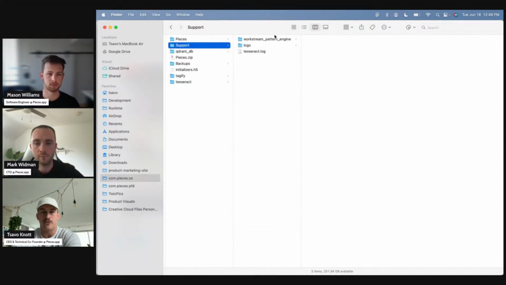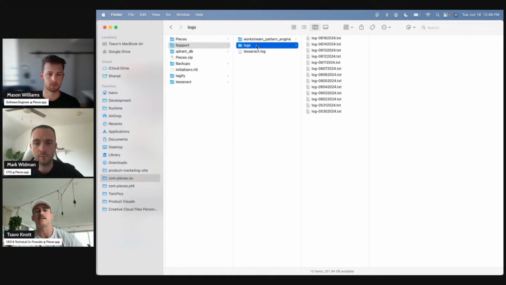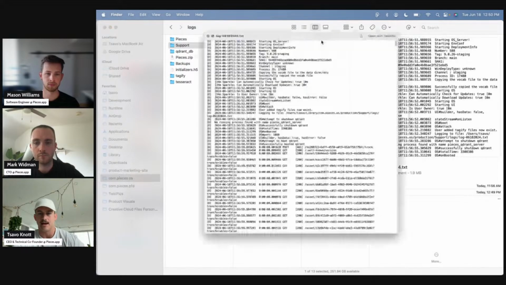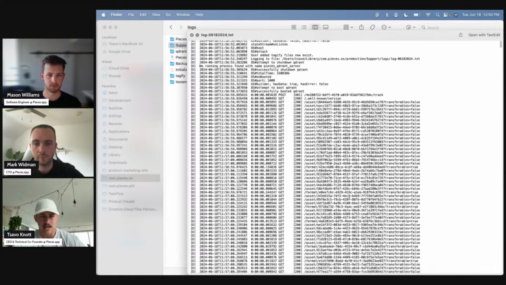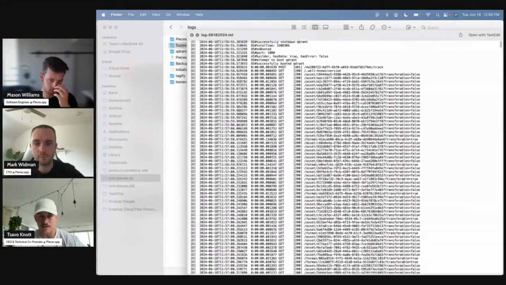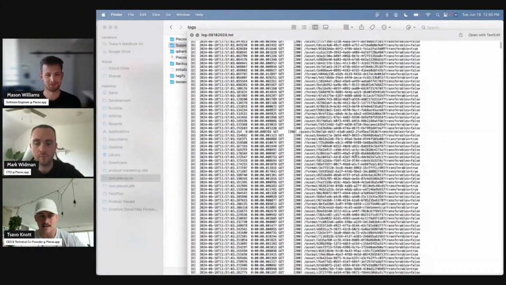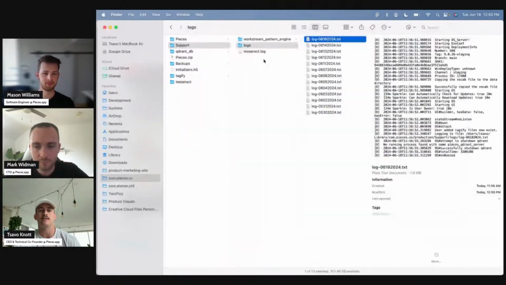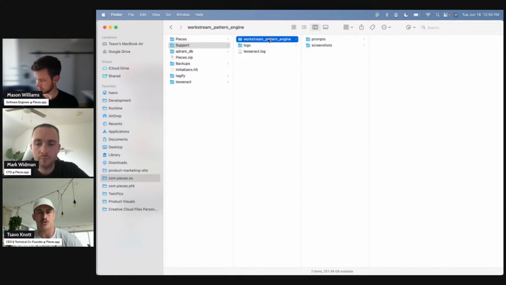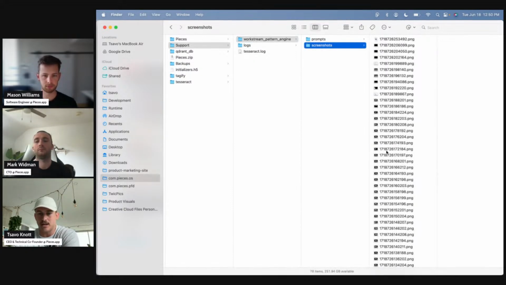And I've got this support folder. And if you ever wanted to see what's going on with basically Pieces OS, what it's doing, what it's communicating with, it's just doing a bunch of localhost calls, right? To get assets, to get formats, to create Copilot conversations and things like that. You can see these logs. We do use these for support, but super transparent, if you wanted to see, hey, what's every operation that's occurring? But either way, specific to the pattern engine, I'll go ahead and pull up the screenshots that we took here.